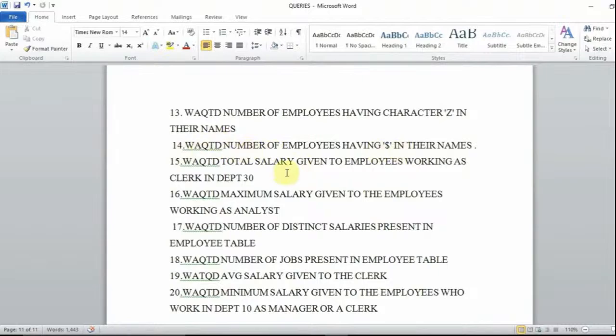14th one, write a query to display number of employees having dollar in their names. So this is somewhat unique, guys. I need to display the number of employees who are having dollar in their names. Okay, so how to do this one, guys? Basically, see,